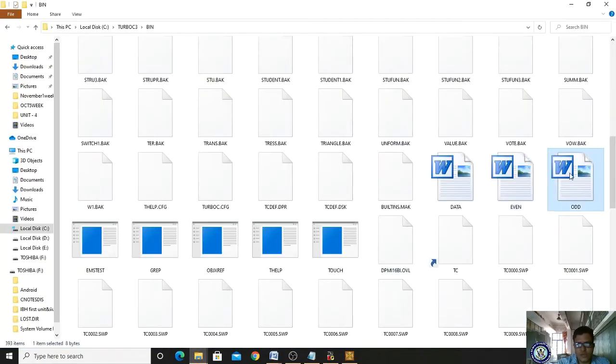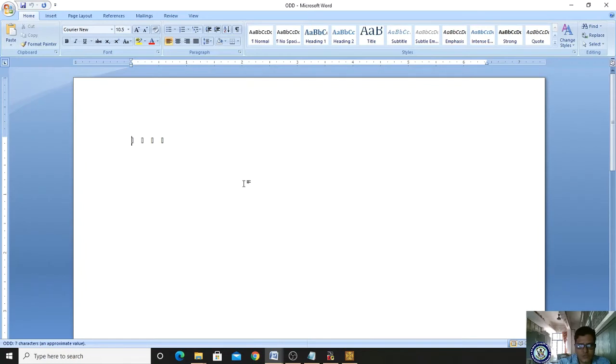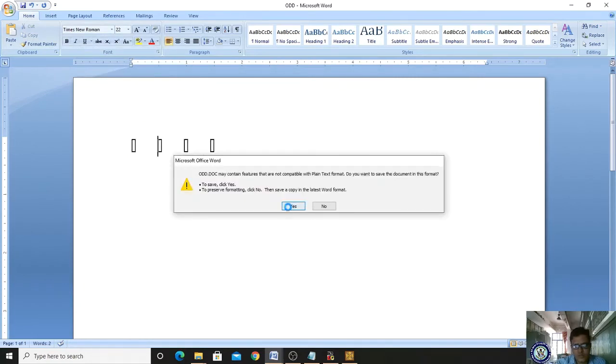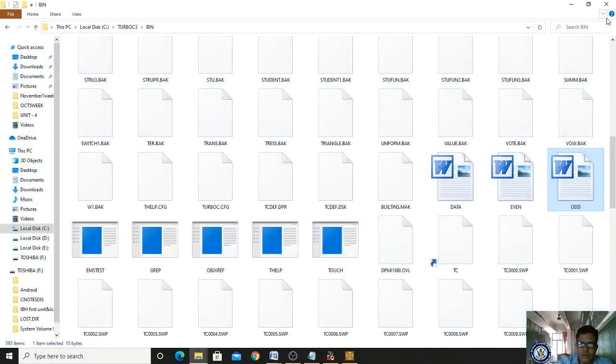So it is showing a mistake. This is because of the operating system, not our mistake. It is giving a problem. Actually it will be stored in this form. Okay, clear? So these 3 files have been created.